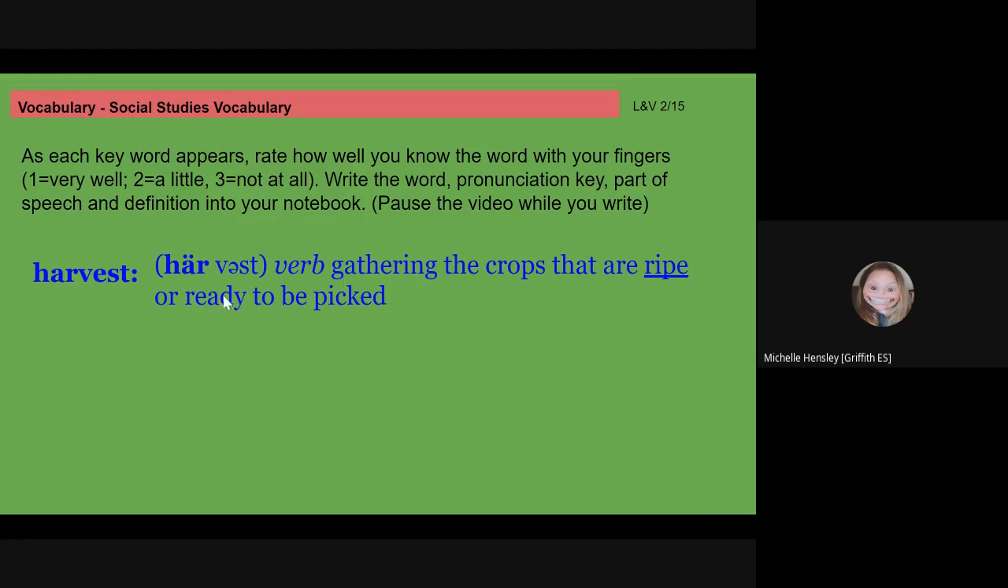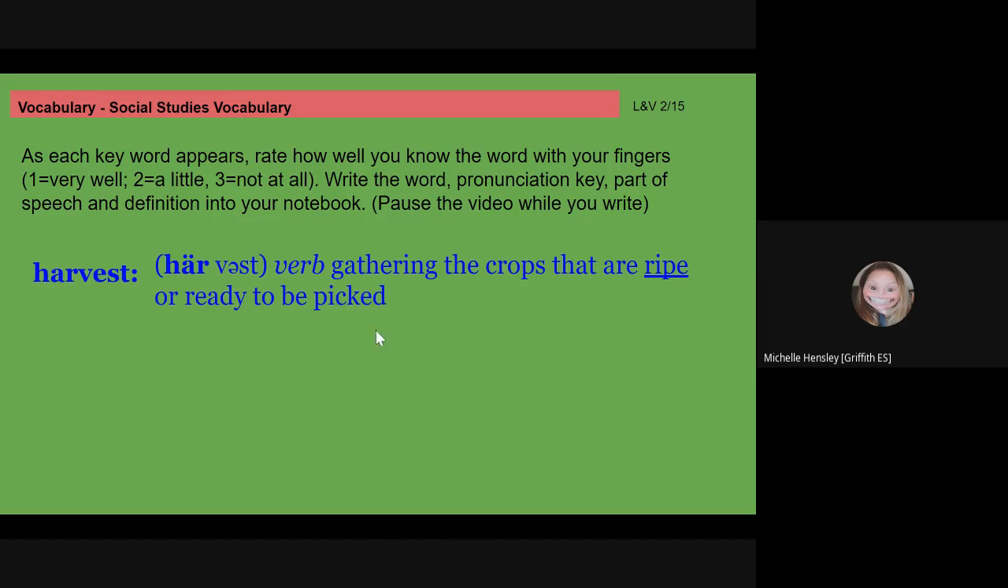Harvest is a verb. That means it's an action, and it's the gathering of the crops that are ripe or ready to be picked. So, for example, if the crop that you are growing is flowers, and the flowers are all ready to bloom, then you would harvest them. You would pick them